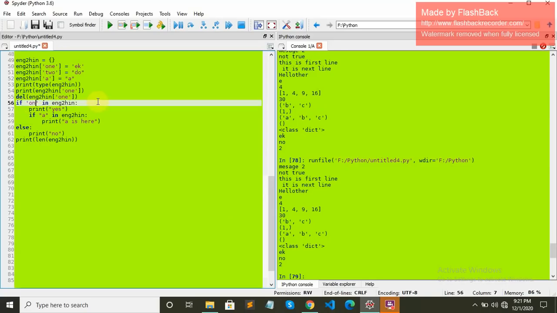Let's say if 1 in the hin, and if A is in hin, then we will print A and 1 is here, both are here. So let's use R in this case.